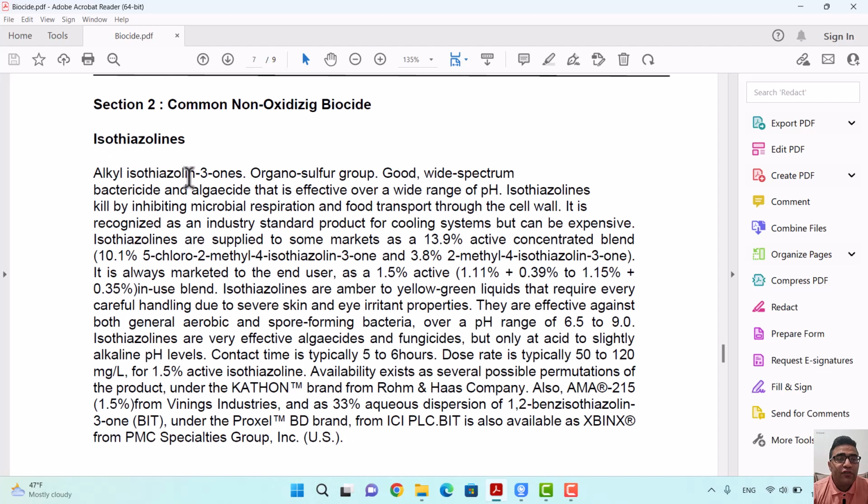Isothiazoline is an alkyl isothiazoline 3-one organosulfur group, a good wide-spectrum bactericide and algaecide that is effective over a wide range of pH. Isothiazolines kill by inhibiting microbial respiration and food transport through the cell wall. It is recognized as an industry standard product for cooling systems but can be expensive. Isothiazolines are supplied to some markets as a 13.9% active concentrated blend. With this formulation,